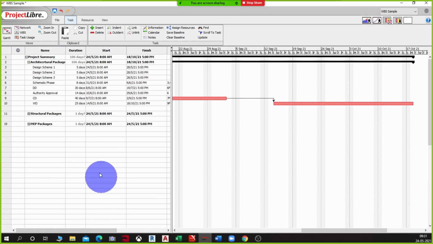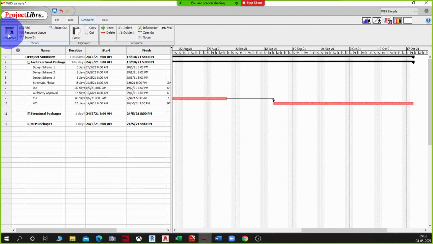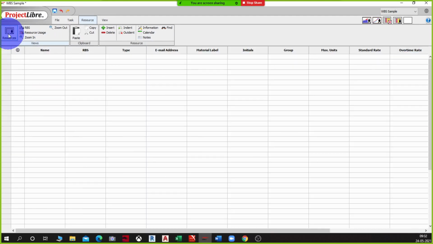And the first thing you will have to do in order to start seeing implication of cost is you have to start adding resources to the project, right? Until then it's all only timelines. So for us to do that, we will go to resources, and here you can look at the resources view, and it will open up this resource spreadsheet for you. It doesn't have any chart or connectivity. Here you only purely start adding resources, whichever resources you need for the project.